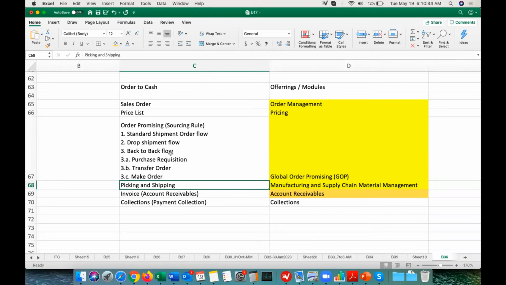Okay, but what is the difference? I mean, in purchase requisition also we can do it, and drop shipment also follows the same thing. What is the difference between the two? Okay, in the drop shipment, from the end customer side, we don't have any difference. The end customer is finally going to receive that item.